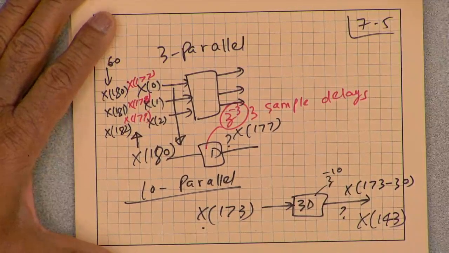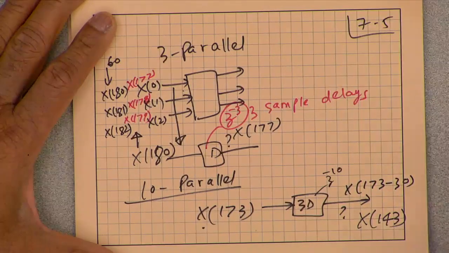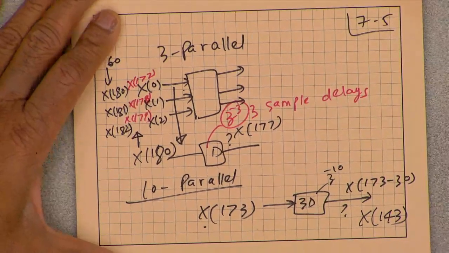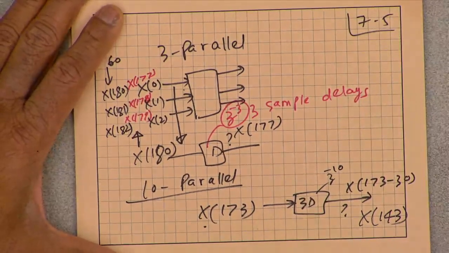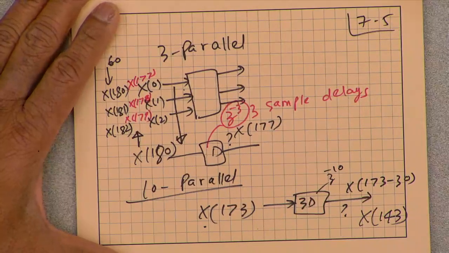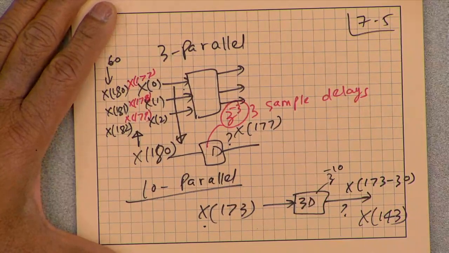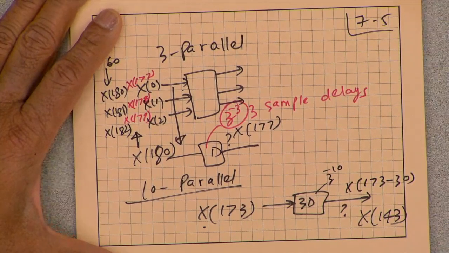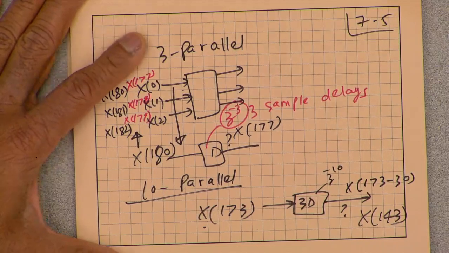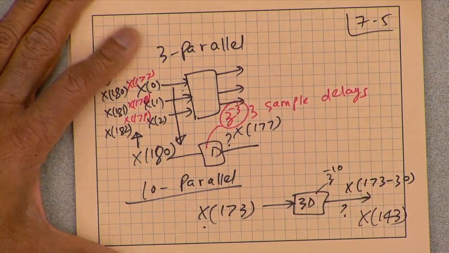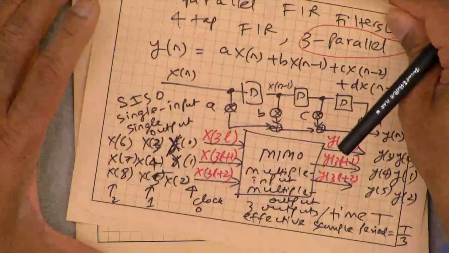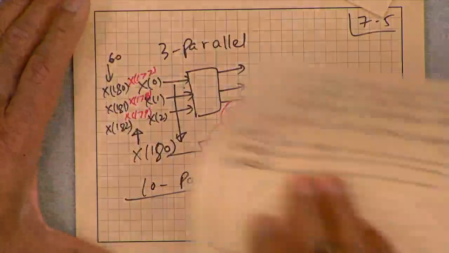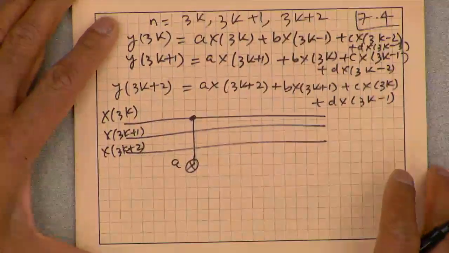So in a parallel system, each flip-flop or delay or state, each delay is a state. We already know that from the first week of the classes, is not corresponding to one sample delay, but L sample delays if it is an L parallel system. Okay. So now I come back to this diagram here.